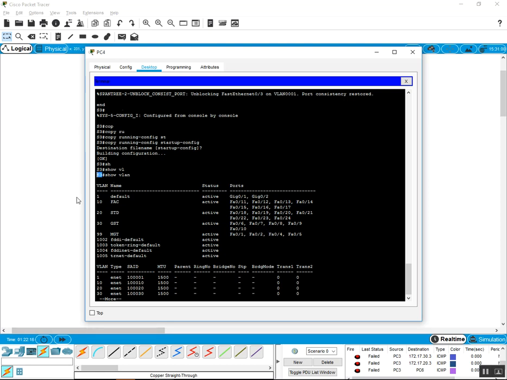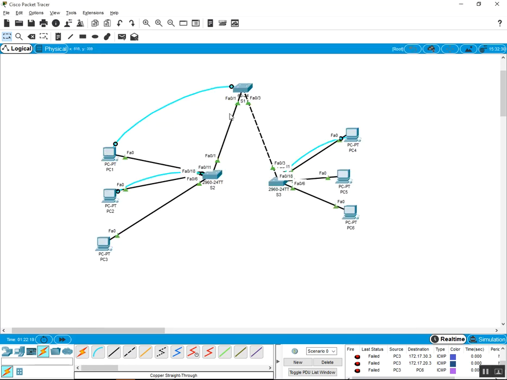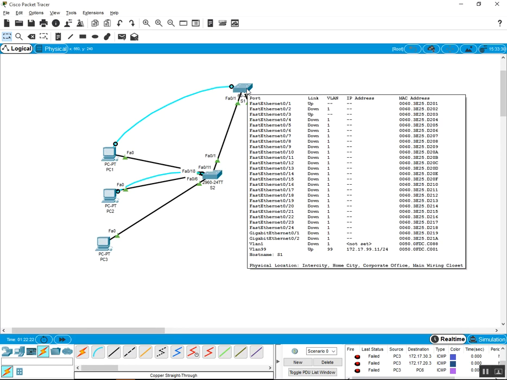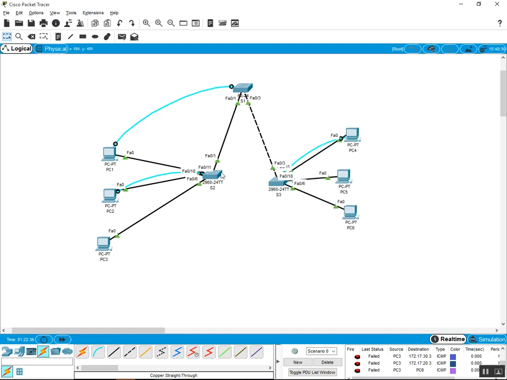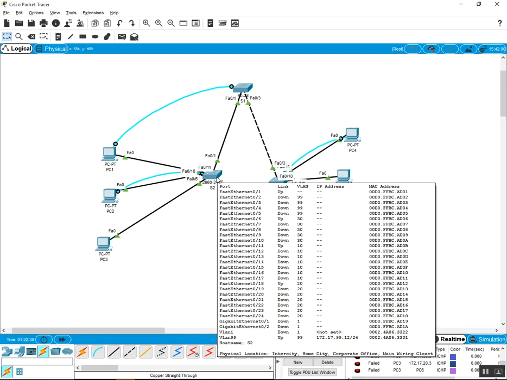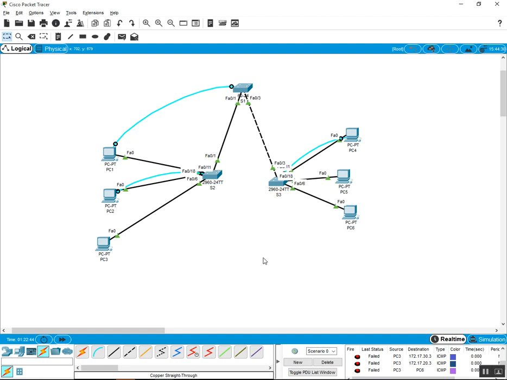This is switch 3, and for switch 4, if you see here, FastEthernet 0/1 is linked. You see VLAN, we have this dash, we don't have an assigned VLAN, and the same for FastEthernet 0/3. And for switch S2 we have FastEthernet 0/1, the trunk interface. Now I will test the ping between VLANs. I will delete this scenario, and I will start the ping from PC1 to PC4 because they exist in